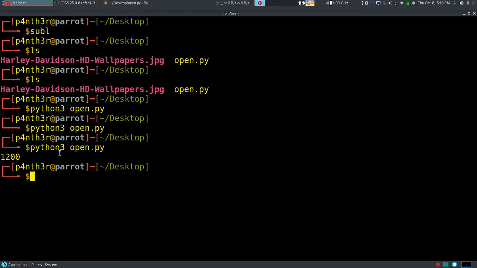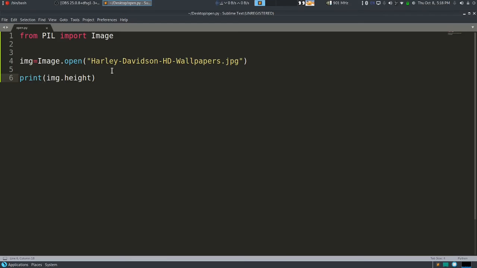Now if you want to see the width of this file, you can use print here to print img.width. So first it will print the height of this image file, and next it will print the width of this file.